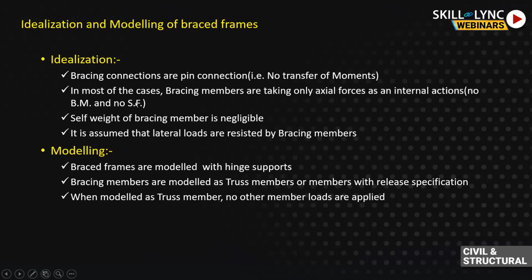The assumptions of the brace are that the connection should be a pin connection and the member has to take axial force. There is also a third idealization or assumption that the self-weight of the bracing member is negligible, because self-weight is a distributed weight. If you take it into account, there might be bending in the member due to it. So if the bracings are exceptionally large in size and weight, then you have to design it as a beam column member, not bracing.